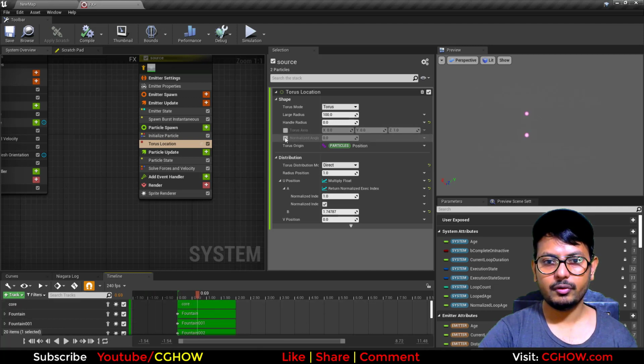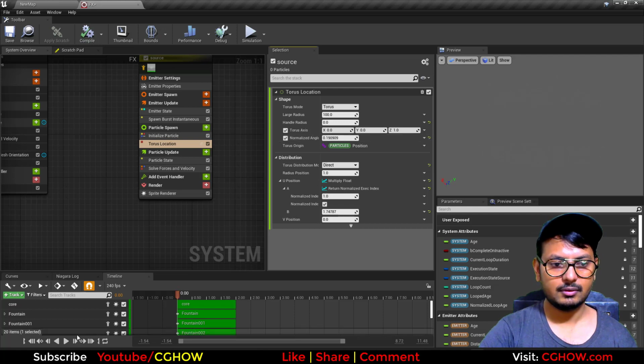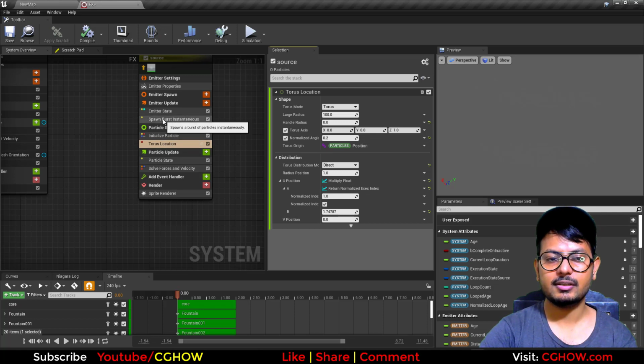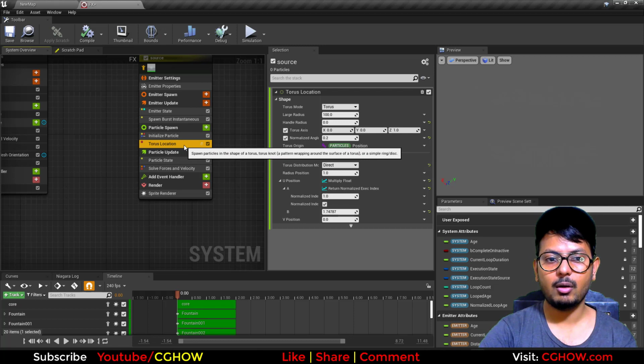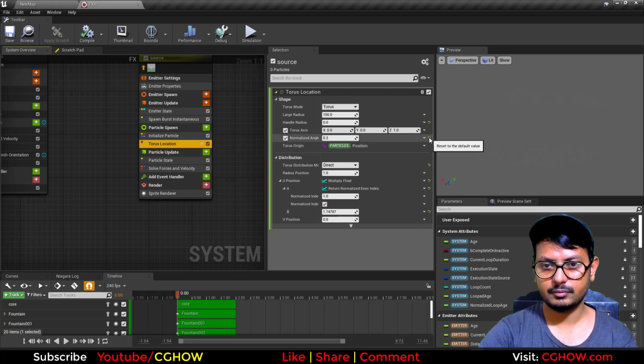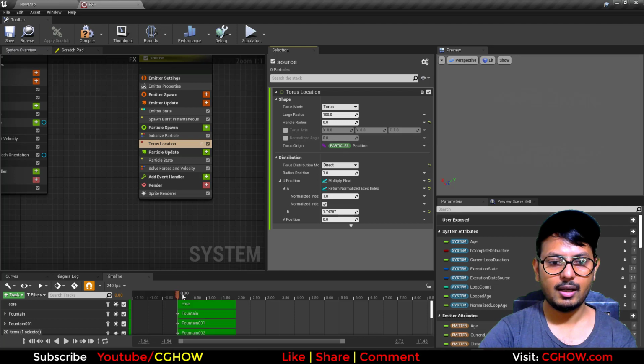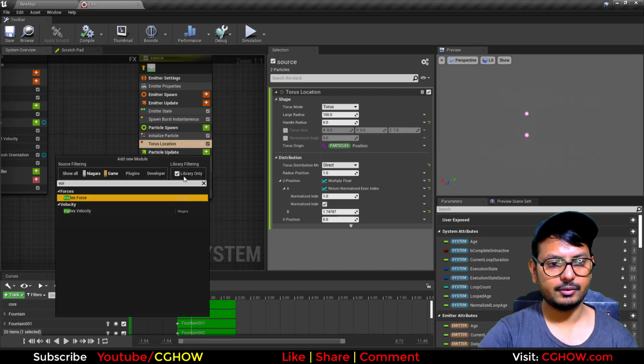Okay, now with this node you can animate this. It will not work because this is just spawning once and the location will not animate, because if I animate it, the particle should continuously animate. So for now what I'll do, I'll just make it 0, turn this off, and I have these two particles, so I will just use the vortex velocity,